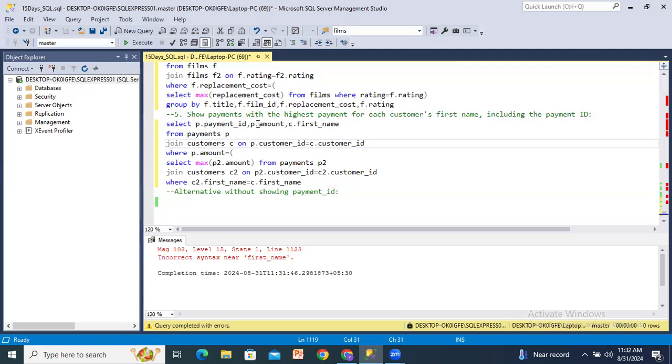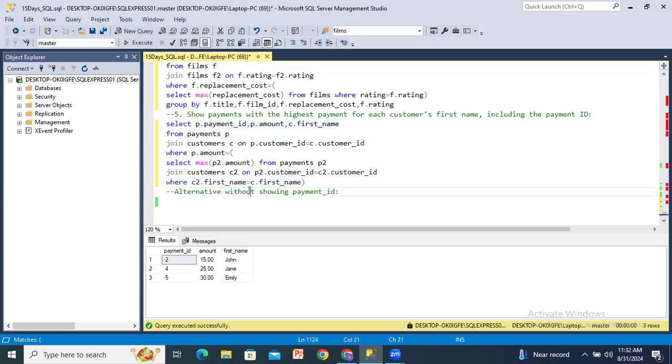Select P dot payment ID, P dot amount, C dot first name from payments P, this one fine, and select max of P2 dot amount from payments P2, join customers C2 on P2 dot customer ID equals to C2 dot customer ID, where C2 dot first name equal to C dot first name. Okay, closing braces is missing. Okay,